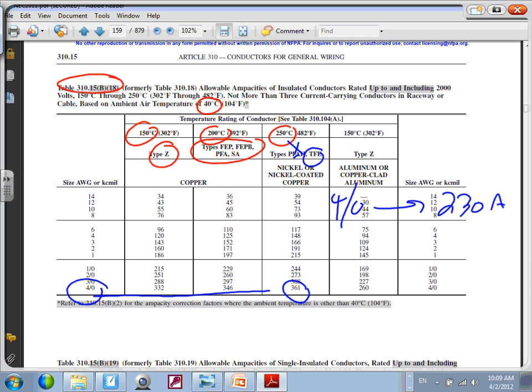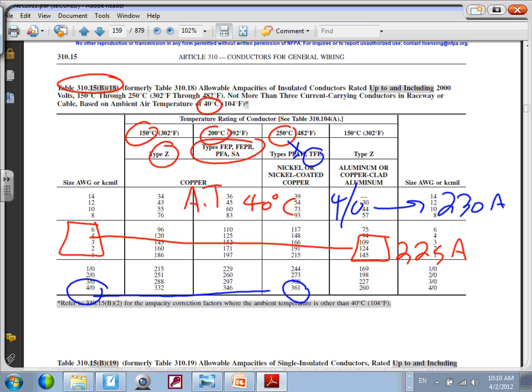Okay, so let me just, not to scare you. So when people pull that kind of stuff as opposed to parallel? Well, no. So suppose I have a machine here. Here's my machine, here's another machine. And the ambient temperature right here is, let's just say, 40 degrees Celsius, hot, okay? And I'm going to use a conductor, and the load that I have right here is a panel, 225 amp, and I have an overcurrent protection device here, 225 amp, and a cable in between that